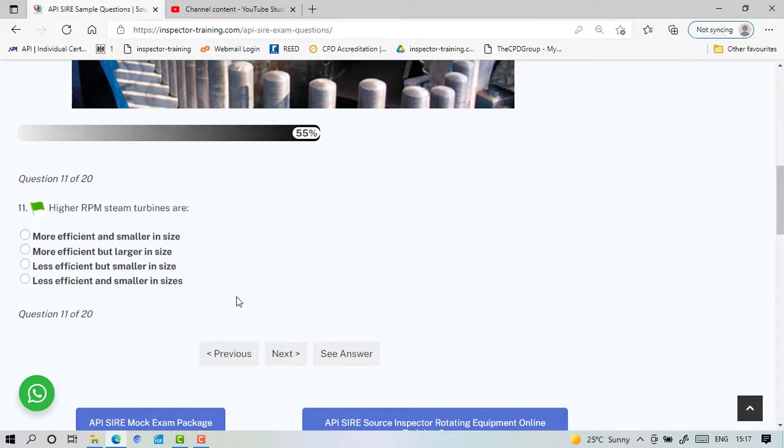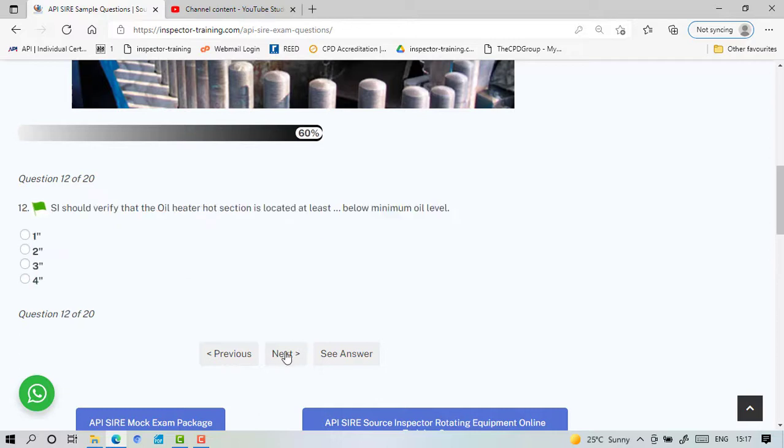Higher RPM steam turbines are more efficient and smaller in size, but they have more wear and tear. Source inspector should verify that the oil heater hot section is located at least 2 inches below the minimum oil level, otherwise